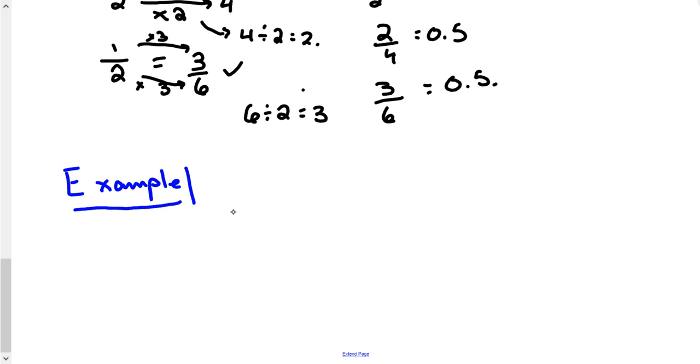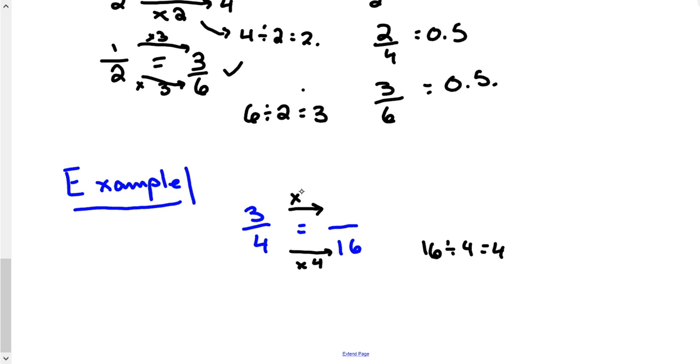So the example we're going to do here is 3/4 is equal to blank over 16. What I'm going to do is go 16 divided by 4, which is equal to 4. So if I times by 4 here, I have to times by 4 up here. So the number I'm missing is 12. And you can check 3/4